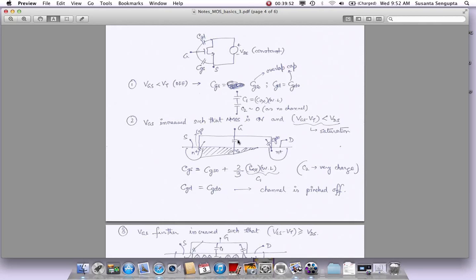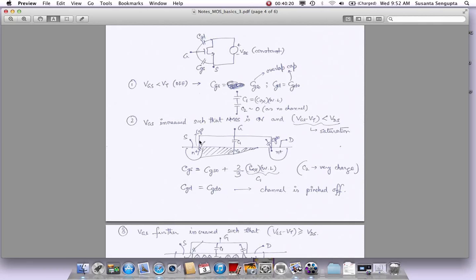That happens gradually, and we'll see in a plot that it will happen gradually, but it starts from a very small value, goes to being comparable to C1, and then very large compared to C1. So when C2 becomes very large compared to C1, C1 dominates because C1 is the smallest capacitance now. They're in series. And also when the channel is pinched off, and again it's simple first order analytical modeling,